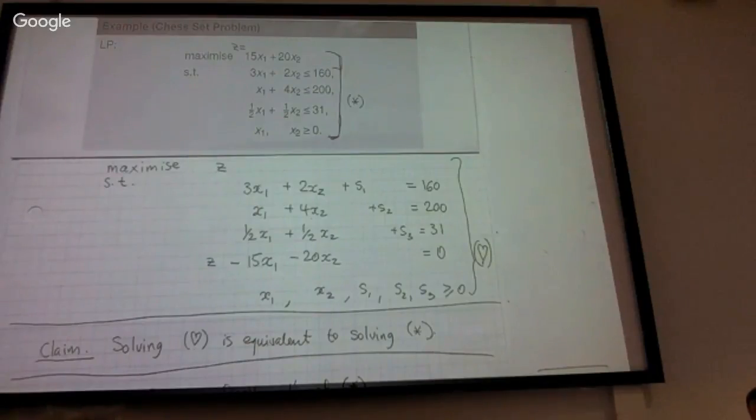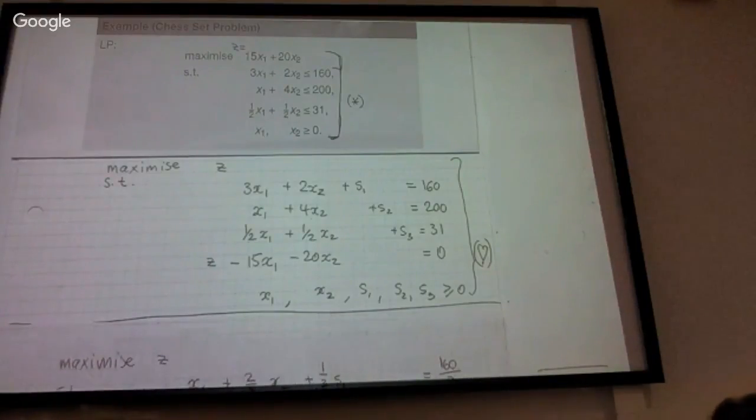And if it gets a positive value, then that's going to improve the value of the objective, which currently is 0. Because remember, these are the basic variables, and these are the non-basic variables. They're all 0 in our basic feasible solution. And so the objective is currently 0. So if we do row reduction to this system,